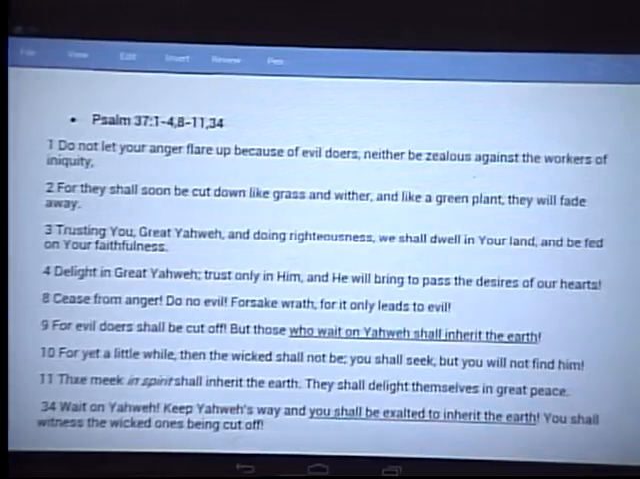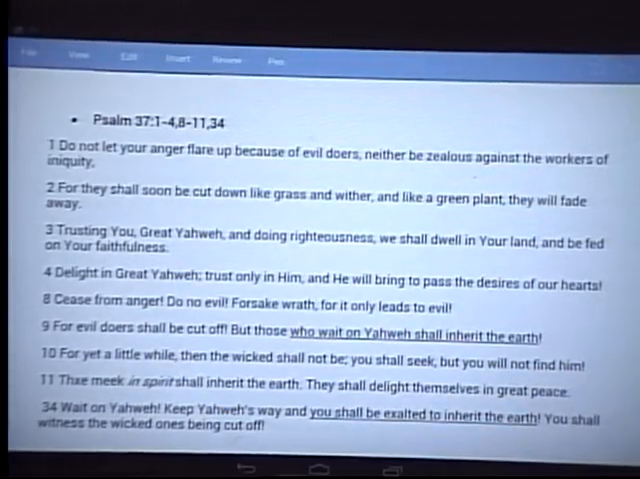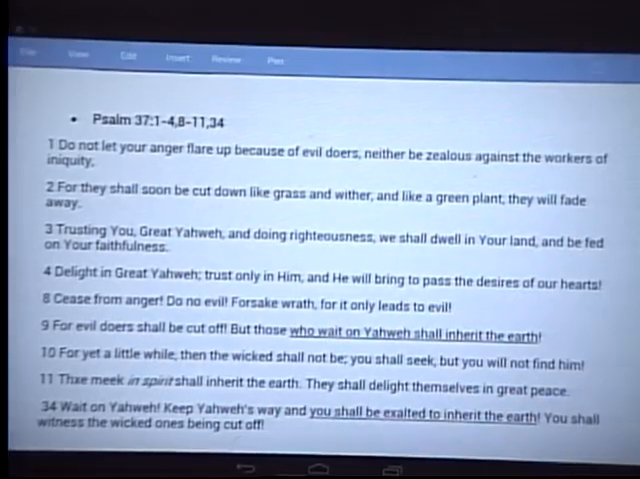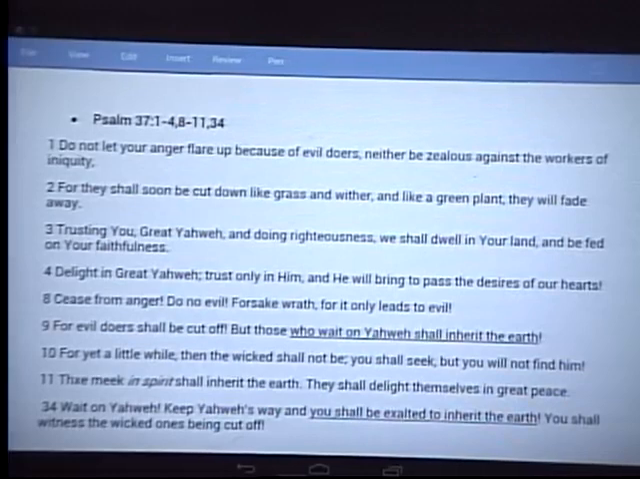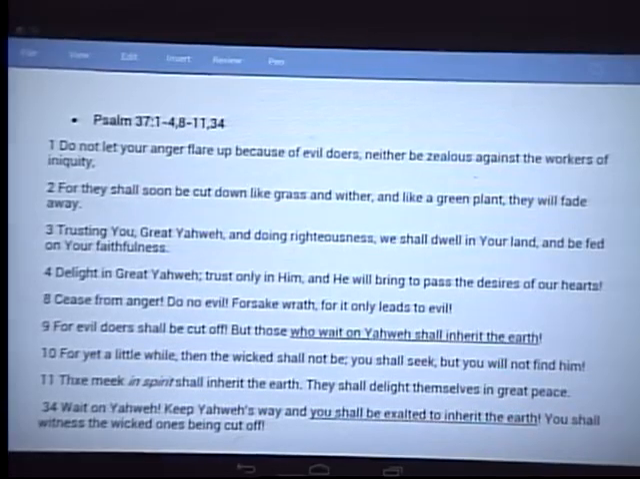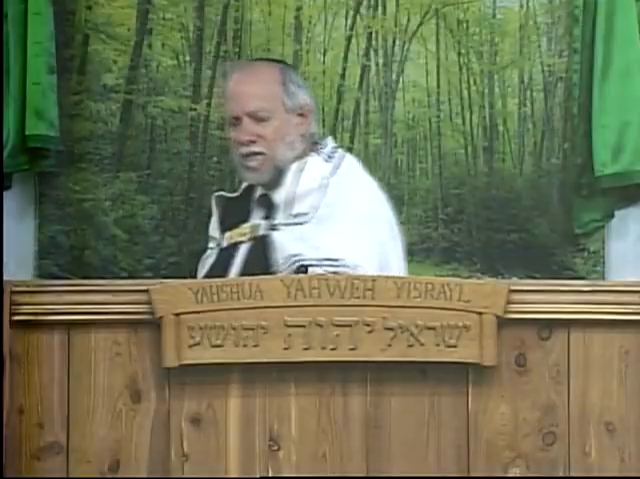Verse 11, the meek shall inherit the earth. You know, the Christians talk about that, but they have no idea what that even means. They shall delight themselves in great peace. Verse 34, wait on Yahweh, keep Yahweh's way, and you will be exalted. Remember what we just read about being glorified and honored? You will be exalted to inherit the earth. You shall witness the wicked ones be cut off. Okay? Because Yahweh's going to do away with all forms of wickedness. And he's going to allow mankind to take the positions that they've been trained for. And that's why we have such a great and awesome